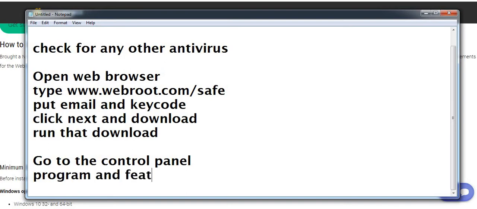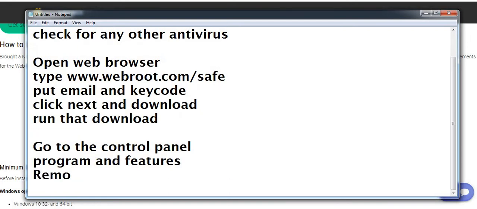When you go there, it will show you the list of programs installed in your computer, and then you can find the other antivirus which was installed just for promo. You can remove it by double clicking on it. When you double click on it, it will show you the option. If you want to remove it, you just need to follow the positive options to complete the removal.